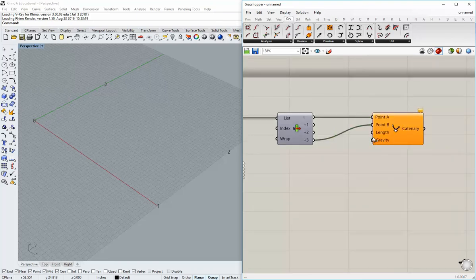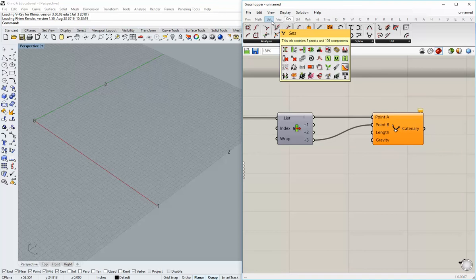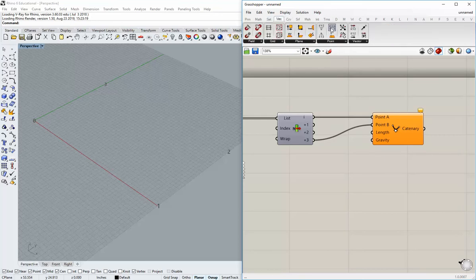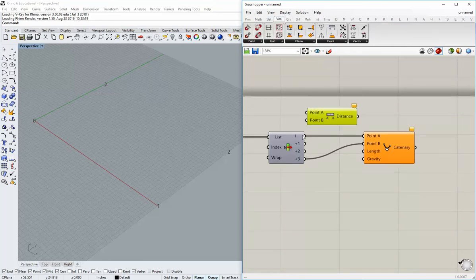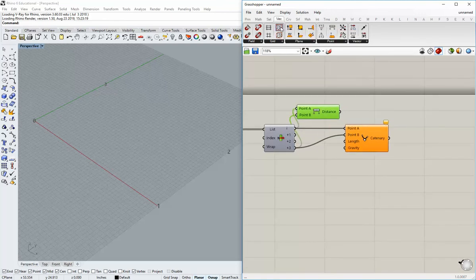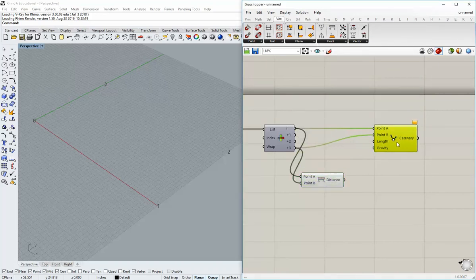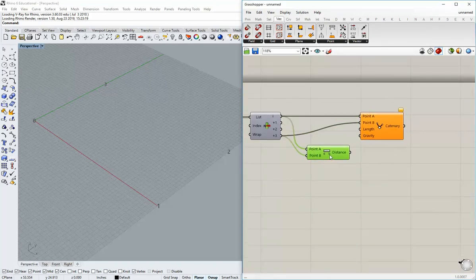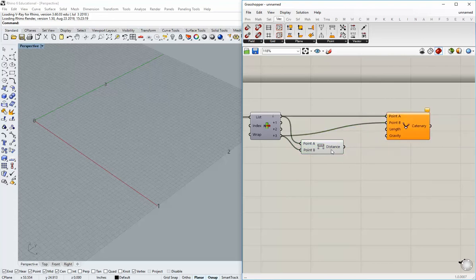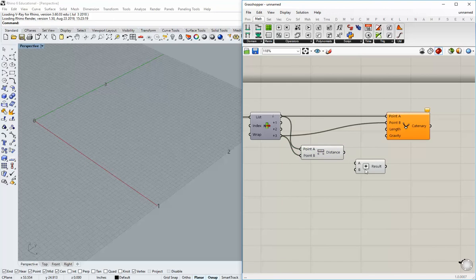All right. So I'm going to go to vector, and I'm going to try to figure out how far away those points are from one another. So, sorry, I didn't explain the component. Go to the vector tab and Distance under the point box. And now what we want to do is just add a little bit to that. So I'm going to go to math, the addition component, and I'm going to add a value between something and something else